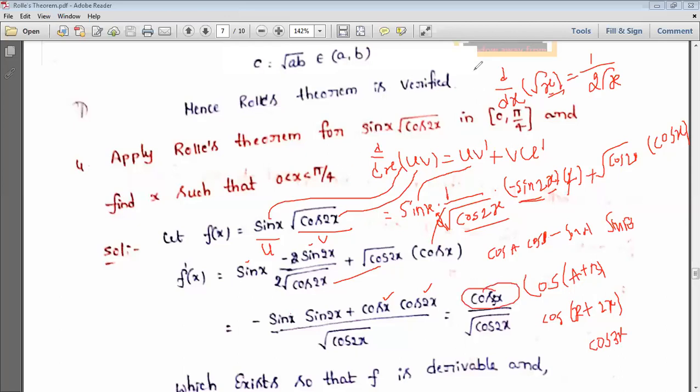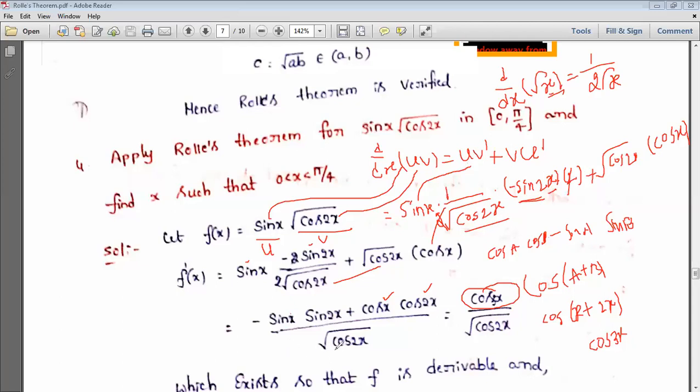In these problems, the important thing is applying the derivative. Here, if you observe, I have a product of two functions. What are those functions? Sin x and square root of cos 2x. So I chose u as sin x and v as square root of cos 2x. I applied the formula u into v dash plus v into u dash. So u as it is, and the derivative of square root of cos 2x is 1 by 2 square root of cos 2x, and cos 2x derivative is minus sin 2x, and 2x derivative is 2, plus square root of cos 2x as it is, and sin x derivative is cos x. Now we are taking the LCM for this one.